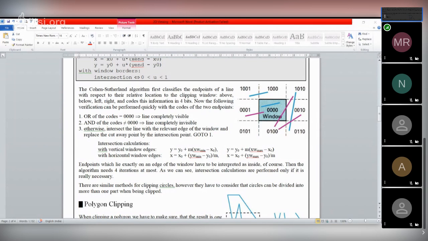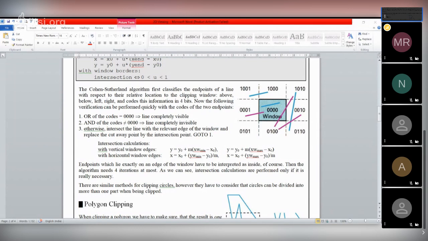If we apply the OR operation and the result is 0, then the line is completely inside the window. For this line, suppose this endpoint code is 0000 and the other endpoint code is 0000. That means both endpoints are in the same region, 0000. After applying the OR operation, the result is of course 0000, so this line is completely inside the window.